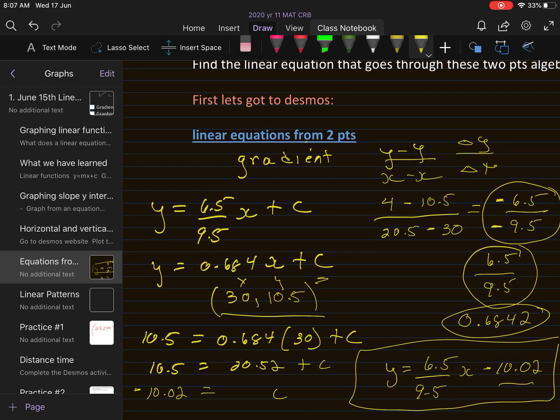It's an ugly equation, but sometimes you're going to get ugly numbers, and you need to understand that we could still get a gradient, we could still interpret that gradient, and then we have a y-intercept and so on. And so that's kind of how we're going to be able to get an equation from